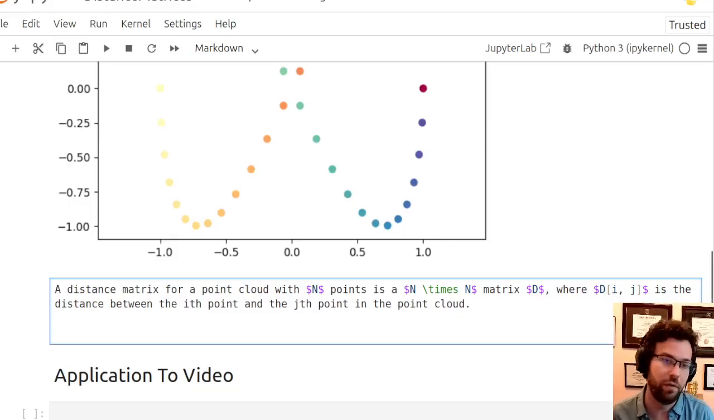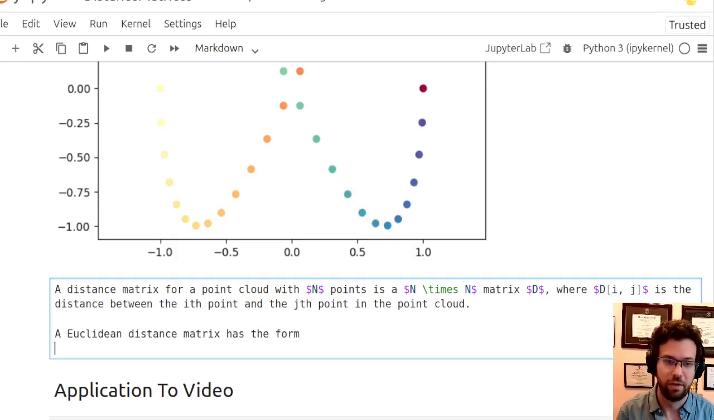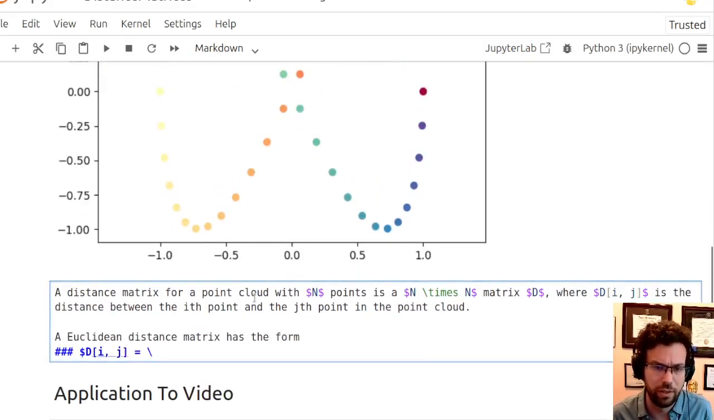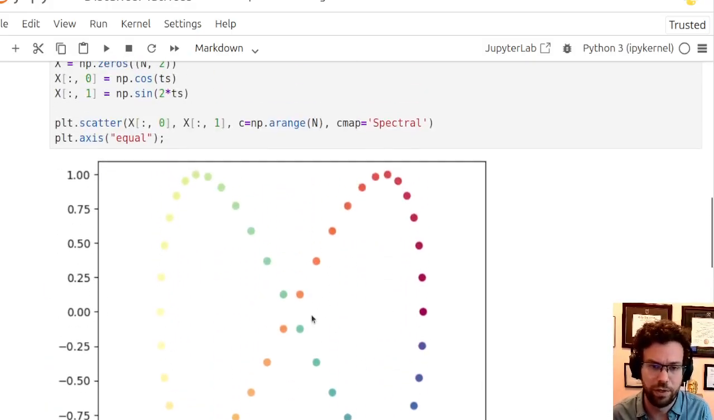And then specifically, a Euclidean distance matrix has the form, so I can write this down as an equation here. So d_ij is equal to, okay, so now I have to actually define a specific distance, and it's based on the Pythagorean theorem. You've probably seen something like this before. In 2 dimensions, if I wanted to measure the distance between 2 points, I could create a right triangle between them, and I would have to measure